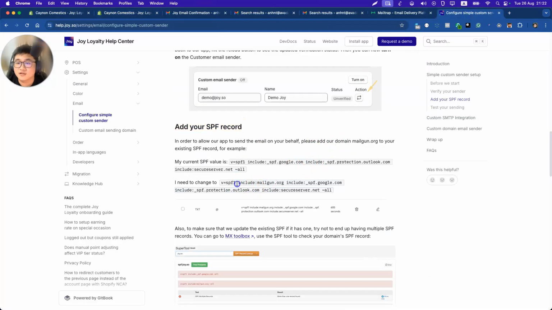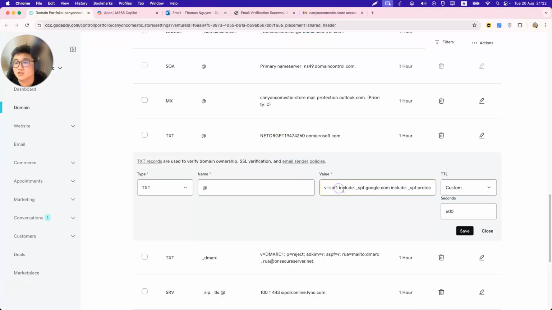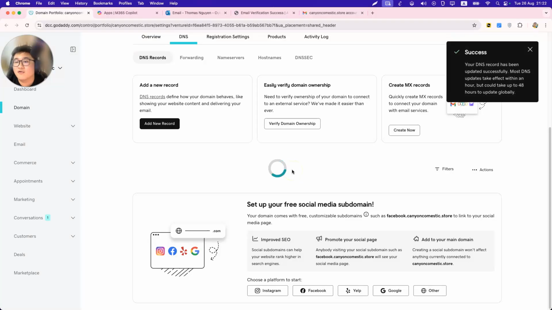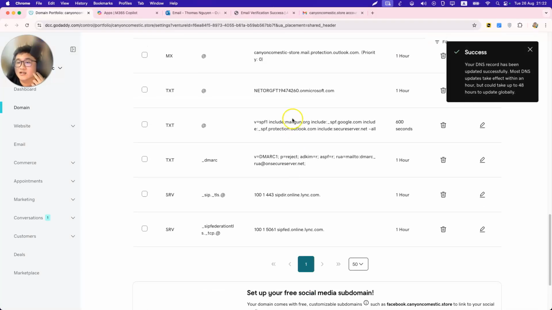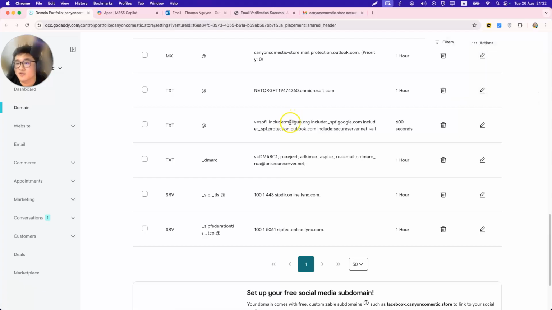I go over here and just include this into my SPF. So you can just add in the first or add in the last one. It's okay. Once you do it, you allow any others sending from mailgun.org to send on your behalf. But the thing is, it's not going to hit that either if you do not change your DMARC, because